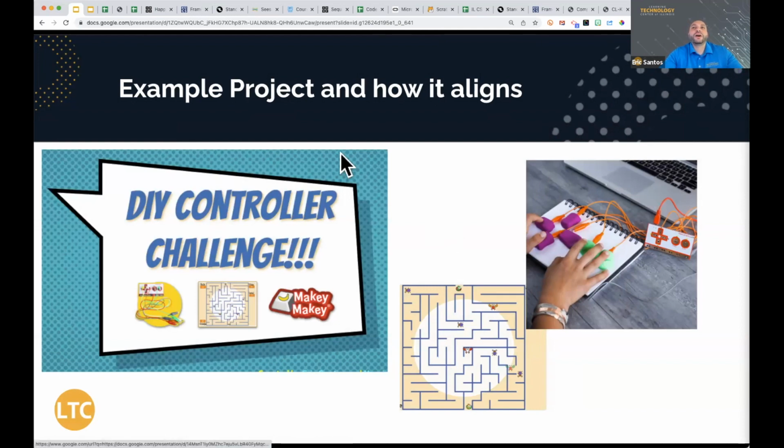All right, so one more example project, and I'm going to share with you a bunch of resources and links. So here's an example project, something that I did with a computer teacher in middle school. And what I'm going to do here is show an example of how you can take a project that might be a good project on a simple level and expand it to address multiple standards so that you can do some double duty there, right? And not have to reinvent the wheel or add a whole lot more content, but just modify what you've got. So this is a project that originally used